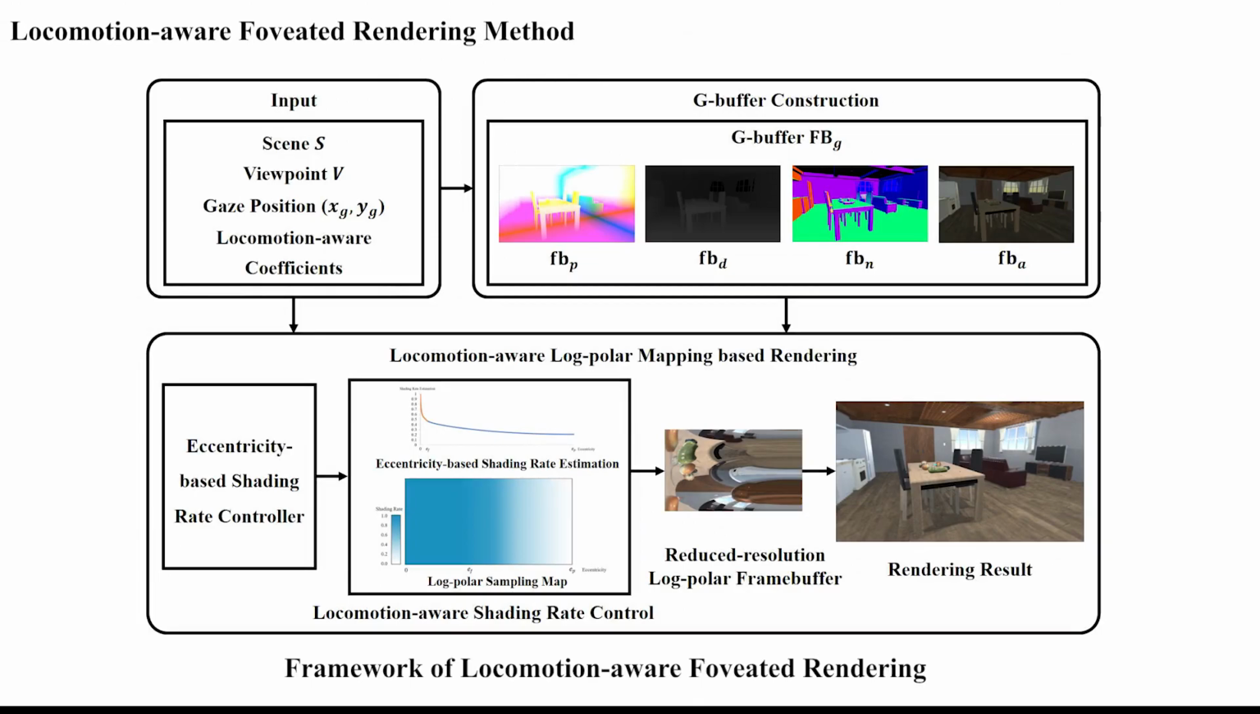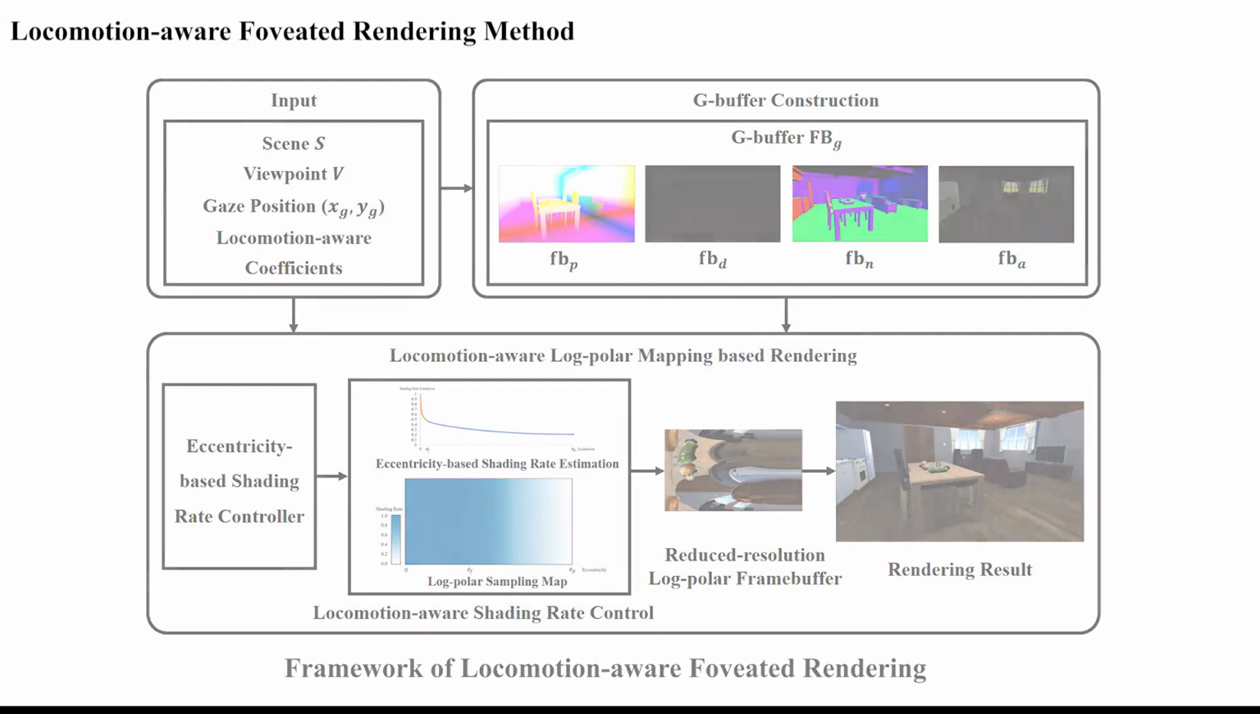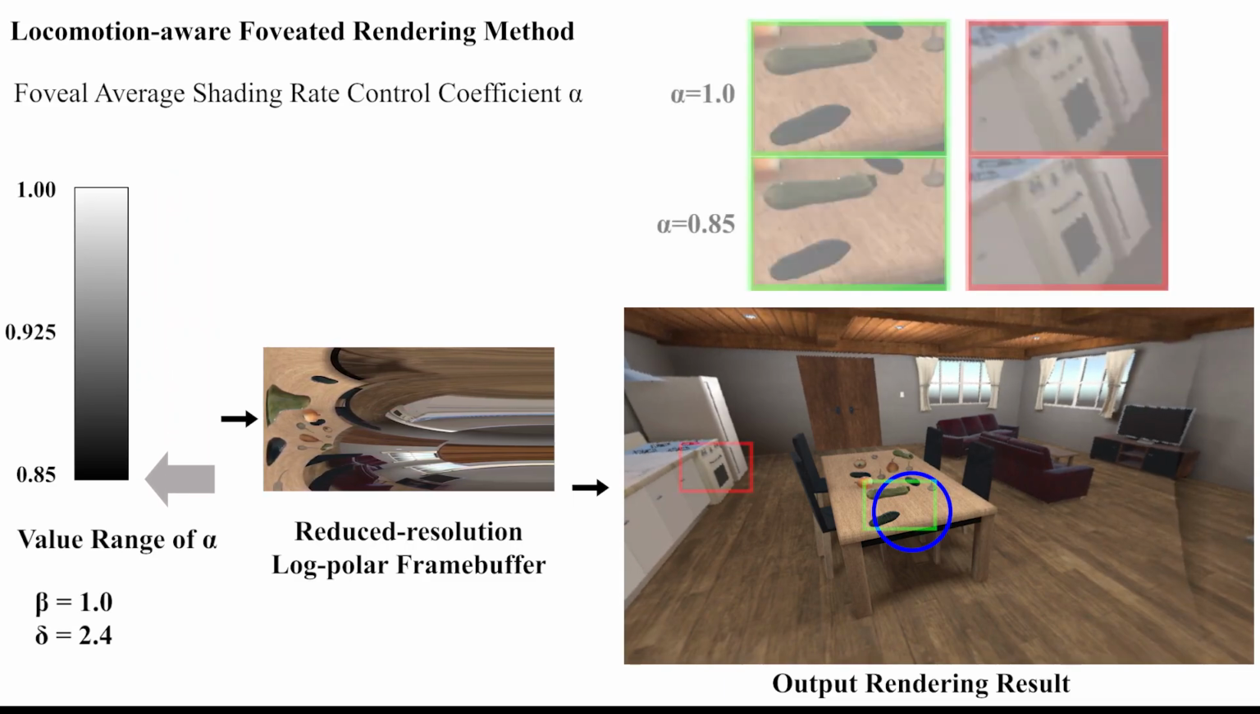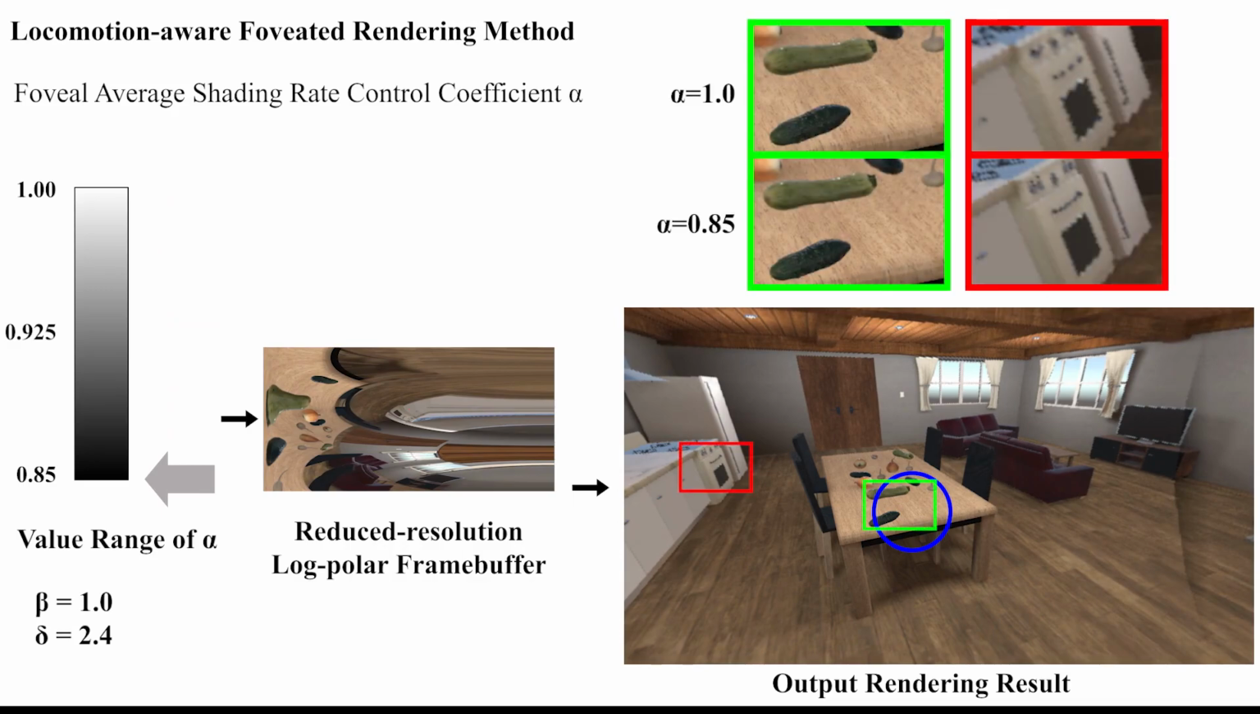In this paper, we propose the locomotion-aware foveated rendering method based on the log-polar mapping foveated rendering framework. It uses the foveal average shading rate control coefficient alpha, to control the average shading rate in the foveal region. When alpha decreases from 1.0 to 0.85, the rendering quality in the peripheral region is noticeably improved while maintaining the